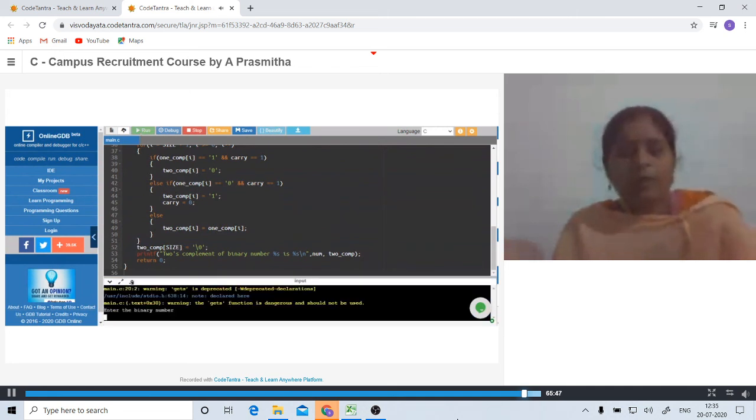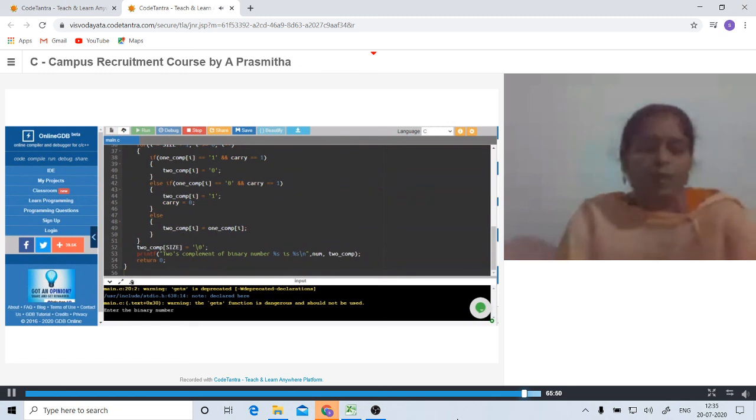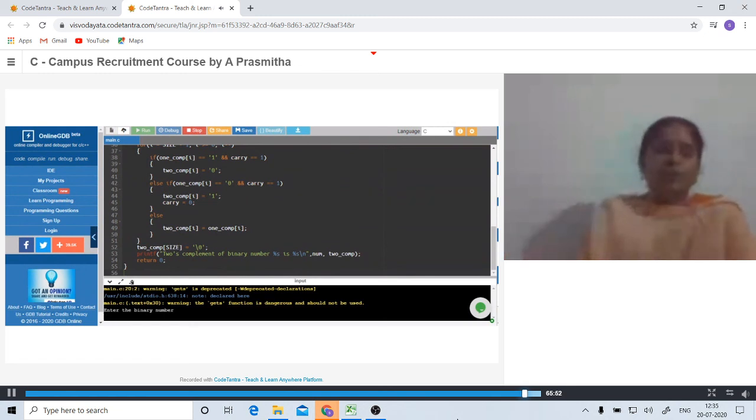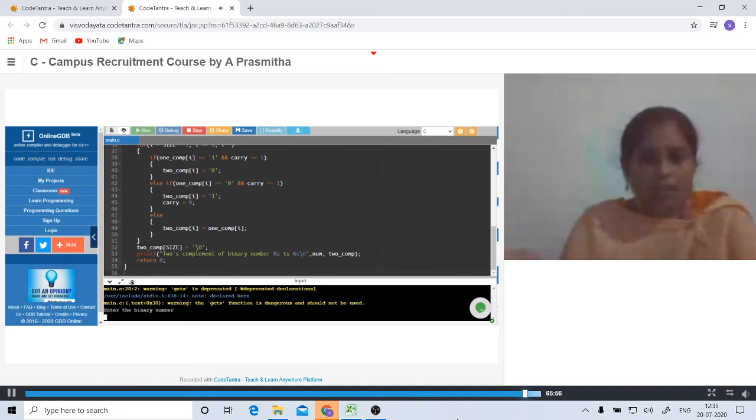We are going to give a binary number, and I would like to give the same number as we have seen. I'm going to give 0 1 1 0 1 1 1 0.